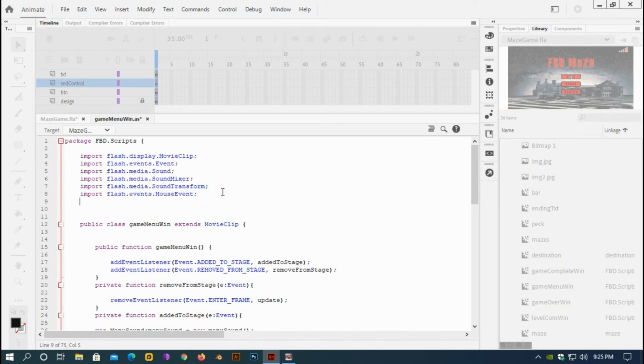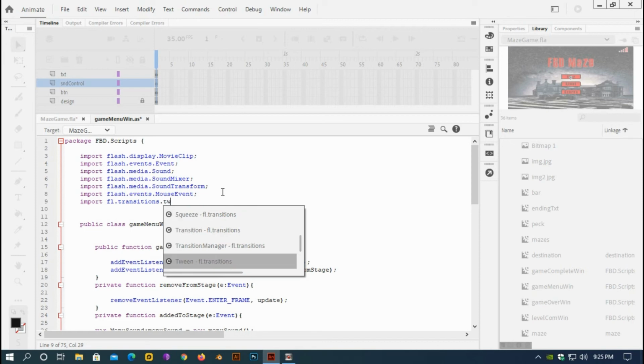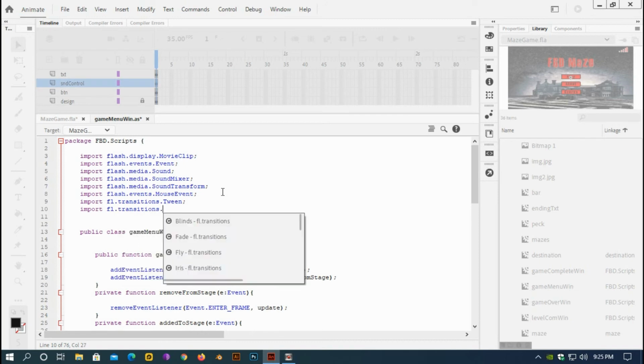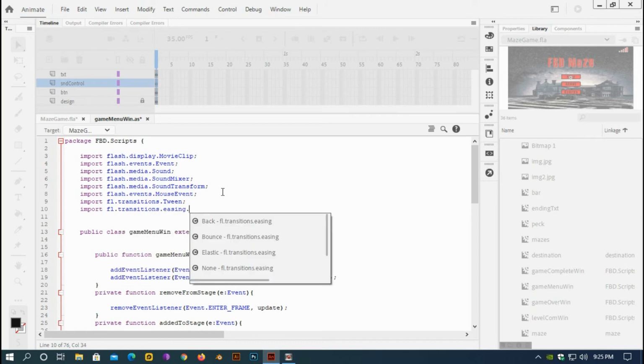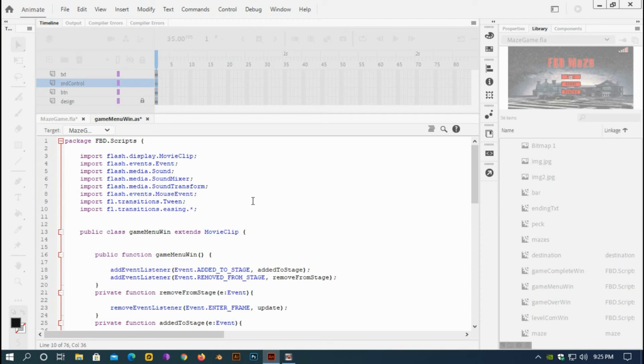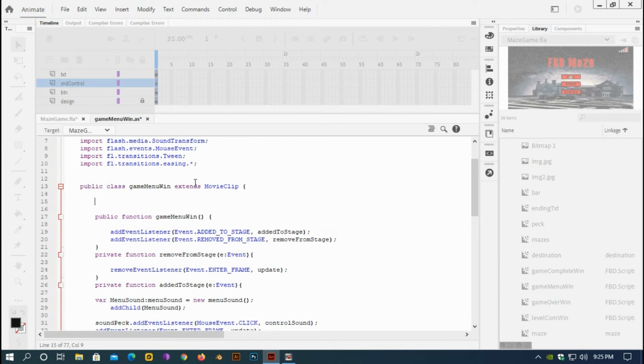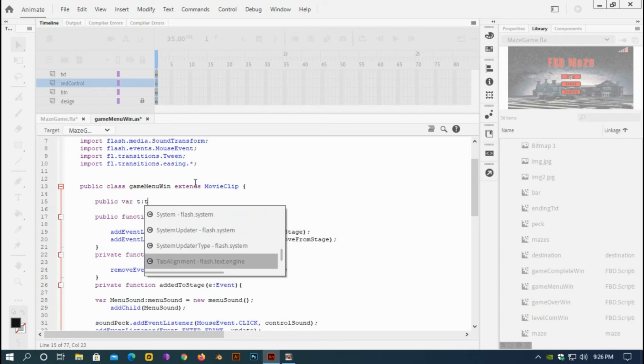So first I'll import the Tween class: import fl.transitions.Tween, and another one, import fl.transitions.easing.*; semicolon. And now I'll make a variable for my tween. So I'll type public, you can type private or public, anything you'd like to, because I don't need to access this. So I'll type public var t:Tween,